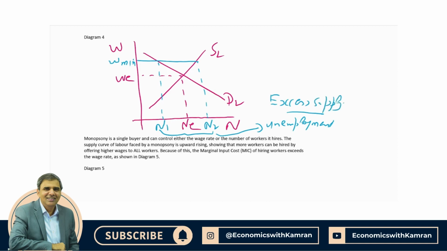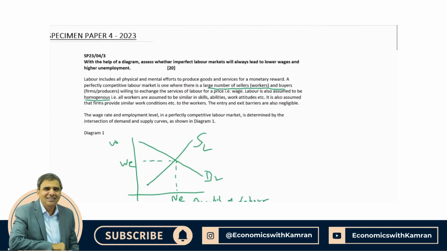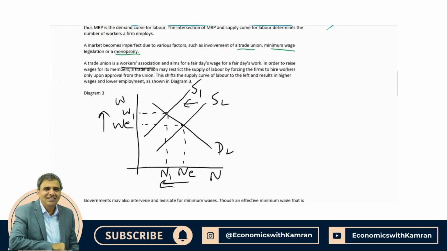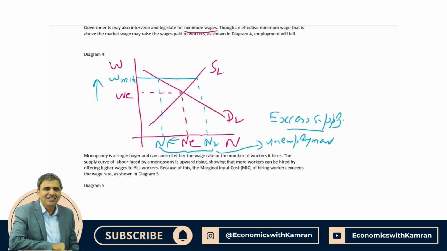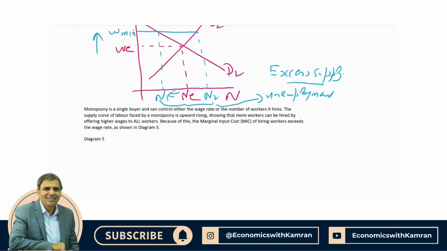Now again we look at this. After the minimum wage is given, the wages rise and employment falls. So again, the statement that imperfect labor markets lead to lower wages and higher unemployment? So we say yes, and we have given two reasons. One, trade union, and then the case of a minimum wage. Now the third case of